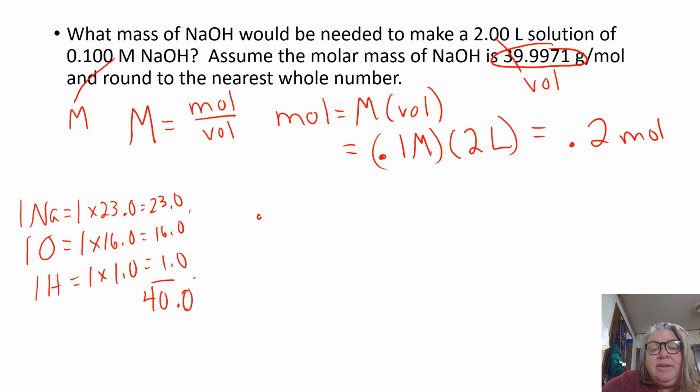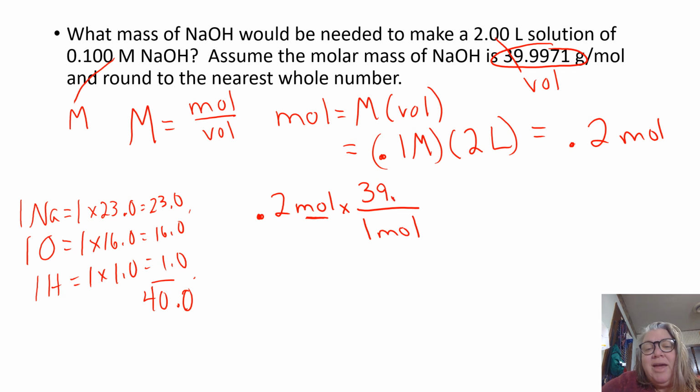Now I know that I need 0.2 moles of sodium hydroxide. What we're going to do is set this up like a unit conversion. Notice I put in a little times, so it's not equal. We're not cross multiplying here. What we're doing is just making one big long conversion factor type thing. As we do this, I want the moles to cancel, so I need to put moles on bottom. 1 mole has a mass, so what's on top and bottom are sometimes called equivalents. They have some sort of a relationship to one another. 1 mole has a mass of